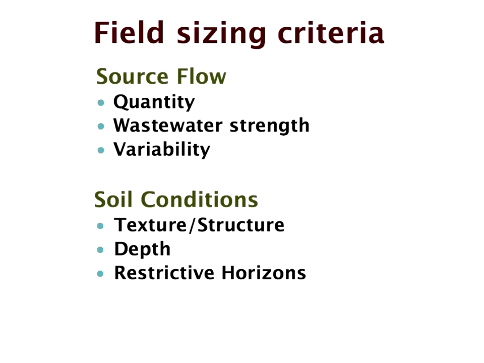Okay, how do you set your field sizing? This, of course, is a critical part of the system, the size of the field. You need to know the quantity of the effluent. You need to know the wastewater strength. Now, in these discussions, I'm only going to be talking about secondary treated effluent. There is no reason not to use drip with primary treated effluent. Less and less primary treated effluent is being used. However, it is perfectly practical if the soil is half reasonable.